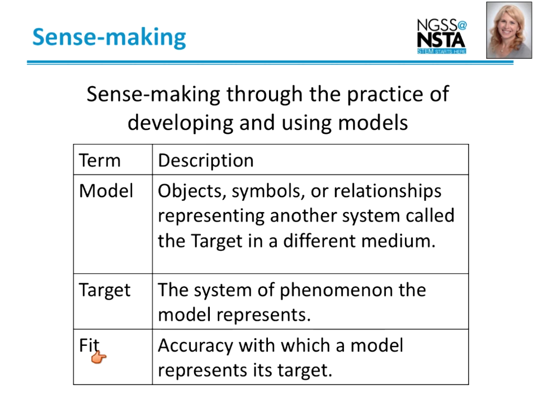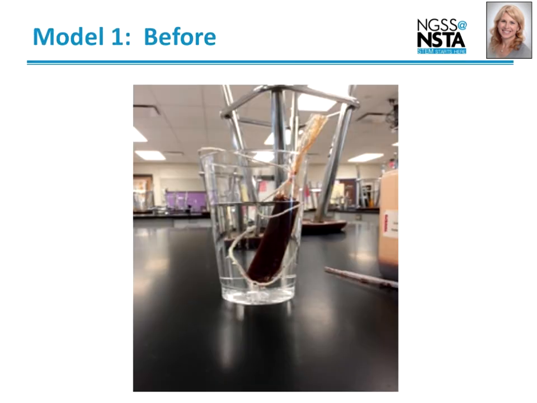And that when we use a model, one of the things that we need to think about is the accuracy to which a model represents its target, because no model is perfect. That's why we are using a model and not the real thing, because we need to study a certain aspect of it, or we need to study it in our classroom and it's not feasible or safe to do so otherwise. So it would be dangerous for us to study the urinary system live. So instead, I presented the students a series of models.